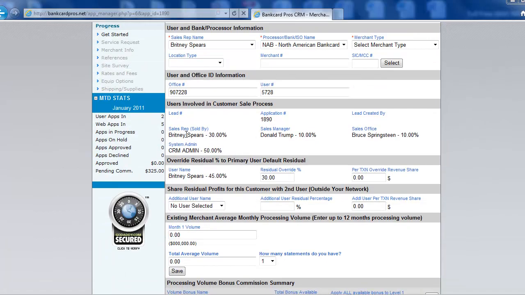Now you're going to see that the system changed it to 30% and is giving the bonus, what's left over of the 50% total, to the 3 users. It's going to give 50%